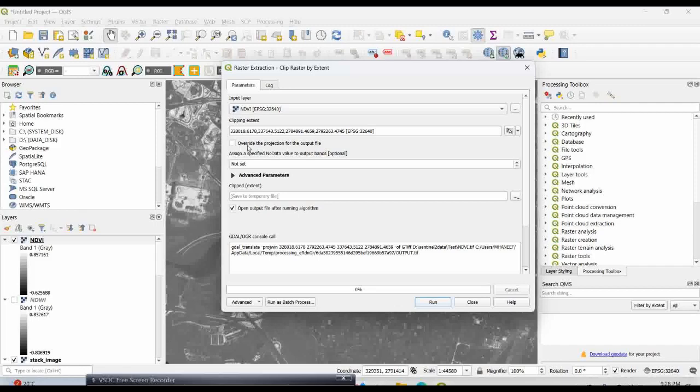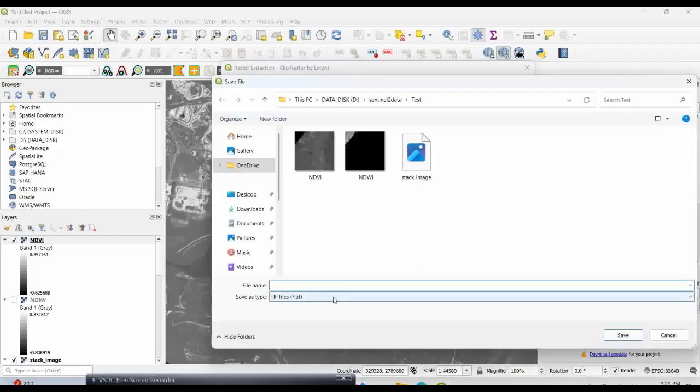Okay, so overwrite the projections from the output file, so that if you want you can do that. So there is no data value, not set. Data value you can set as a 0. So that also you can do. Here you need to save the clip image, clip NDVI,